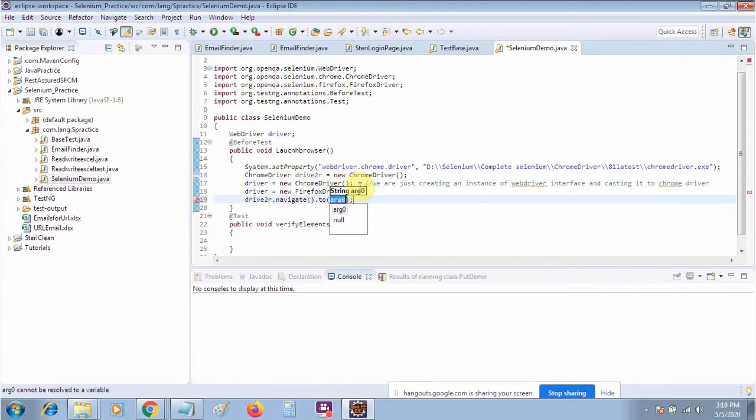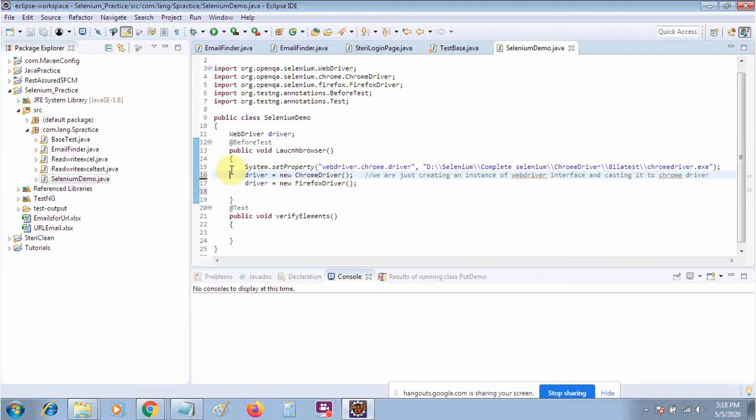Okay, so I'm using the URL over here. You will see that we are able to navigate to the URL as well. So whether you are using Chrome driver or WebDriver, both ways you can open the URL. Let's remove this one. It was only for interview purposes, but in practical use you will use only the driver. Okay, so let me comment this one. This is for Firefox.